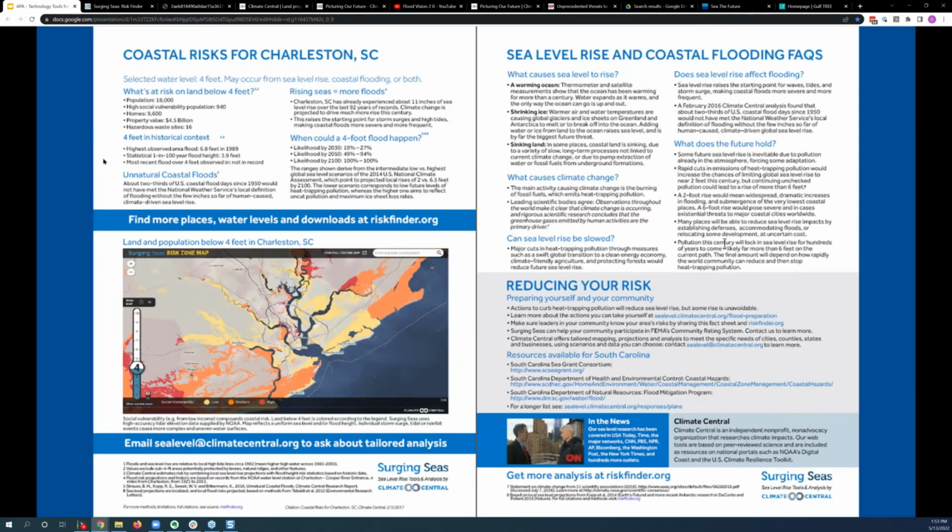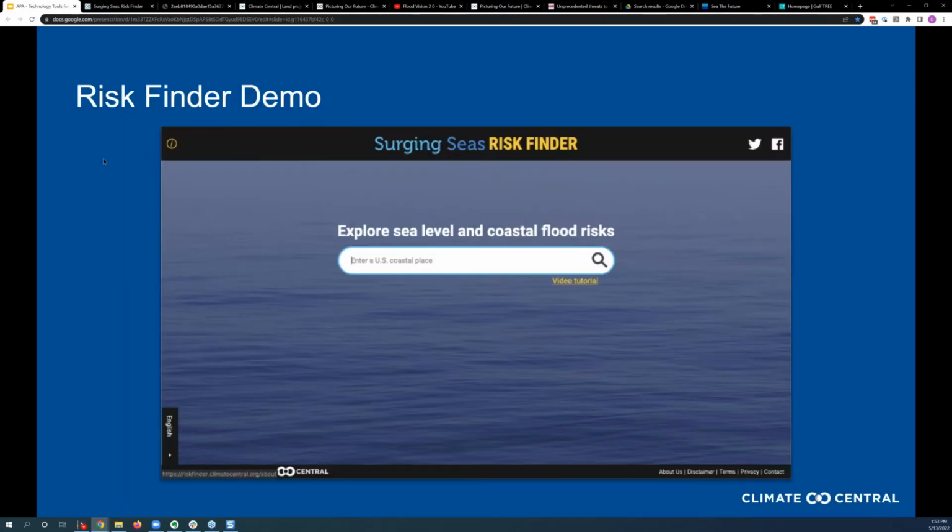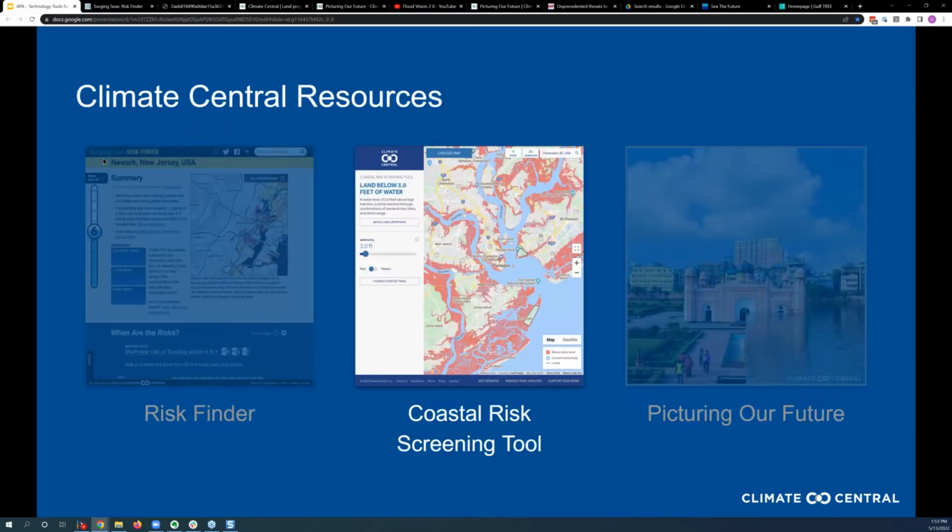And here's an example of the fact sheets you can download. And so there's also a lot of information icons and question marks throughout the tool that get into the details. So anyway, you can see the risk from a storm or how sea level rise could impact certain areas. And the statistics in this tool can complement what you may investigate in the mapping platform that I'll demo for you next. This one's called the Coastal Risk Screening Tool.